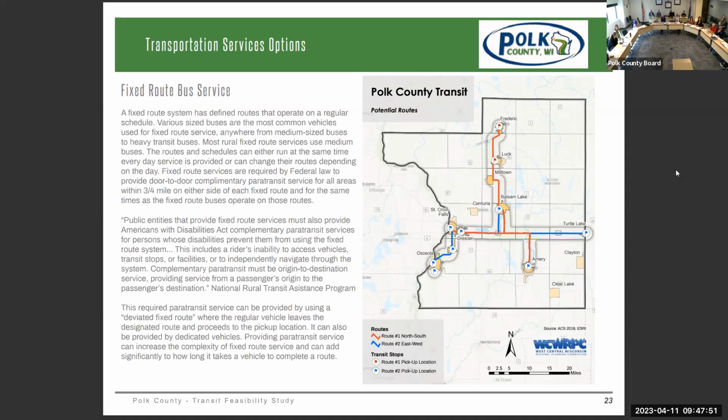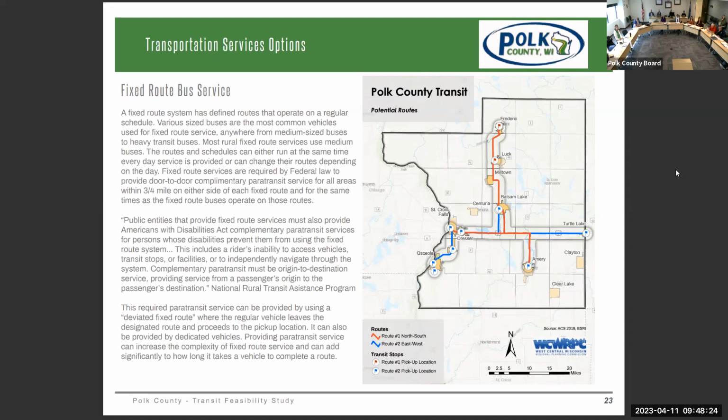That serves a lot of the needs that people have for medical and for shopping. And studies have shown that when you run this sort of alternate day service, medical providers get very adept at scheduling people that are relying on that for those days that the bus service is running for those regions. So it does have some downsides in that it doesn't provide any transportation for people that are more than, say, a half mile away from a designated bus stop.